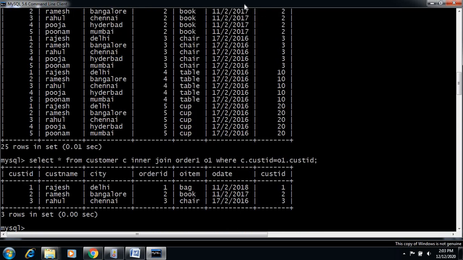Now the matching IDs are displayed. This is called the inner join. You can observe 1 is matched with 1, 2 is matched with 2, and 3 is matched with 3.